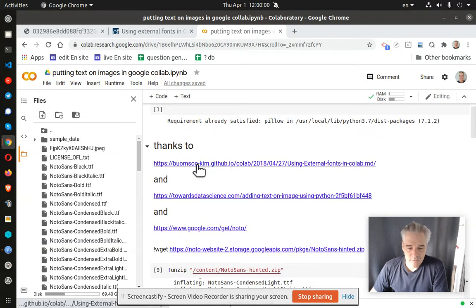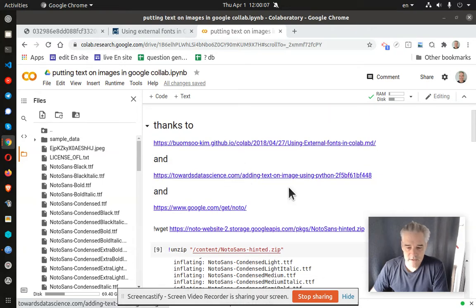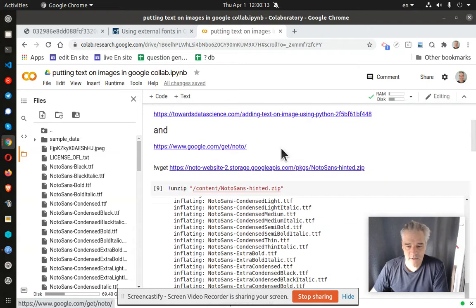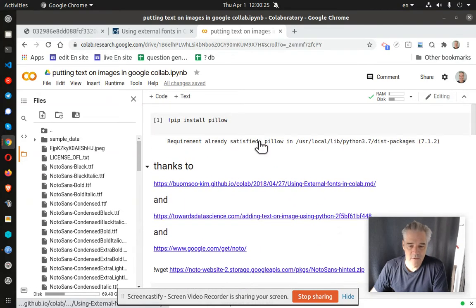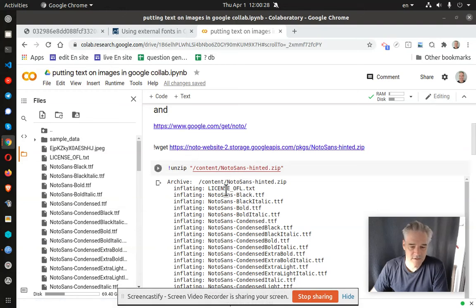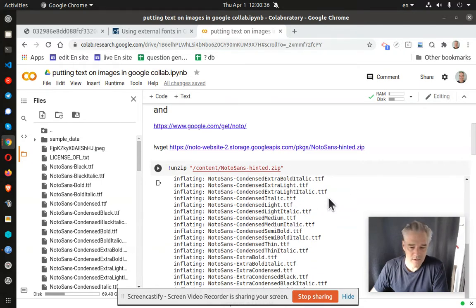Big thanks to this guy who gave me the code for the fonts, which was a problem. And here is another link that I used for figuring this out. And of course, using the fonts themselves. Use wget to download them and then unzip them, and you can see them over here. Now, when you run this Colab document, you'll have to do all of this, because obviously when I shut down this notebook, all things will be deleted